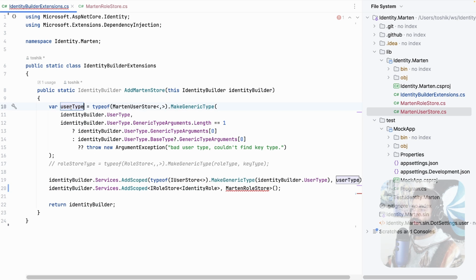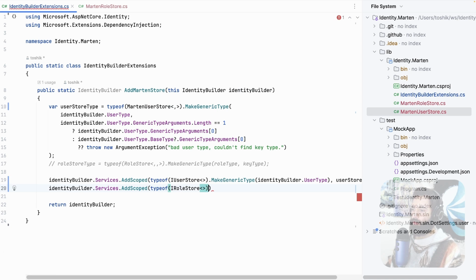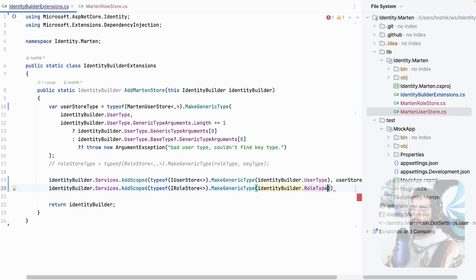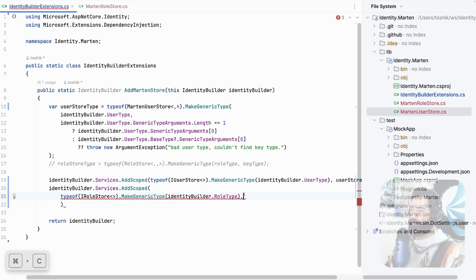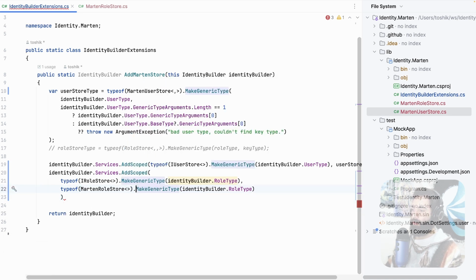I'm just noticing that this is user store type, not user type. We then want to make a, let's remove, actually, we'll just take the type here and remove the rest. So type of IUserStore, not supply the generic type, and make the generic type identity builder role type right there. And then we want to do effectively the same, but with this Martin store type. So Martin user store, in our case, it was just Martin role store. I'm gonna place this over here, and we're gonna have the same generic type over here for getting the